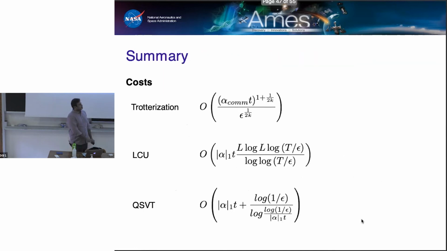Okay? So now to summarize, we talked about these 3 different approaches to Hamiltonian simulation. I would like to call your attention to the following pattern. We started off with perhaps the simplest way to implement Hamiltonian simulation, trotterization, and it had some dependence on T and epsilon. We mentioned the no fast forwarding theorem, which limits how much better you can do in terms of your dependence on T, but you can do better in terms of your dependence on epsilon.